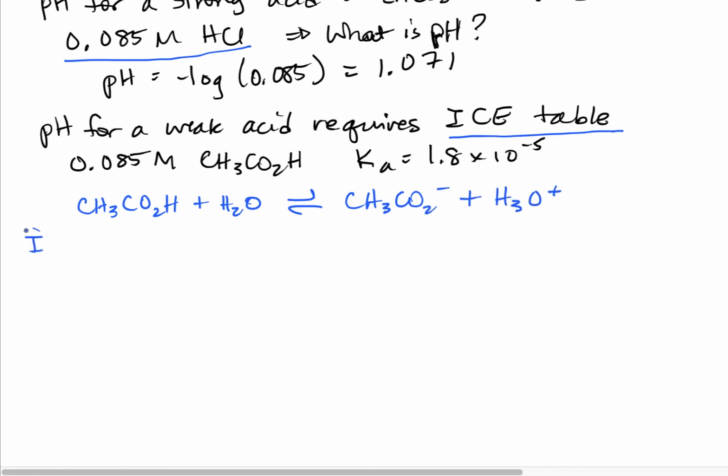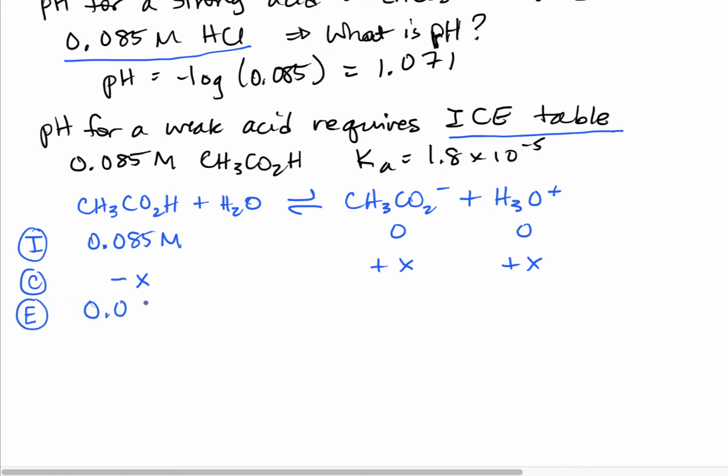We write out our initial amounts. We know that we have 0.085 molar acetic acid. We assume that it has not yet dissociated so that we have no acetate and H+. Our change is therefore going to be in the forward direction, so we're going to reduce the amount of acetic acid and increase the amount of acetate and hydronium ion. And at equilibrium, we will be somewhat short on acetic acid, but we will have increased the amount of acetate